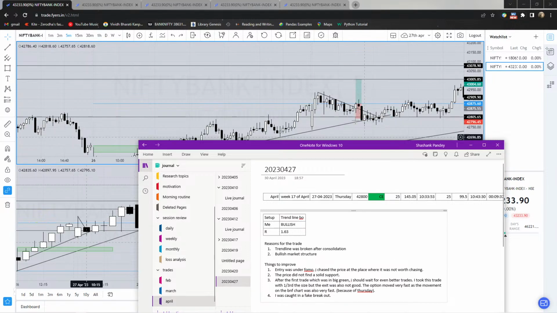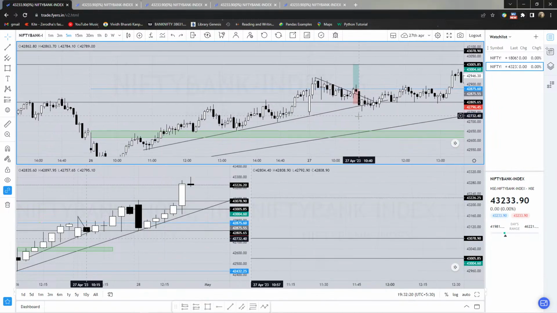Which also eventually failed. This was a failed breakout, which also failed to go down. But I think the target was achieved because in this type of environment, in a trending market, the fake breakout can only work like this. It won't give very huge targets. Had this been a very downtrending market, definitely this would have broken the day's low and come up over the layer. But anyways,